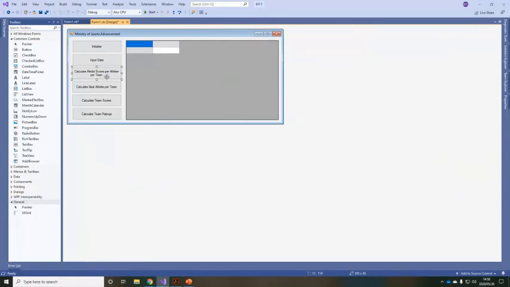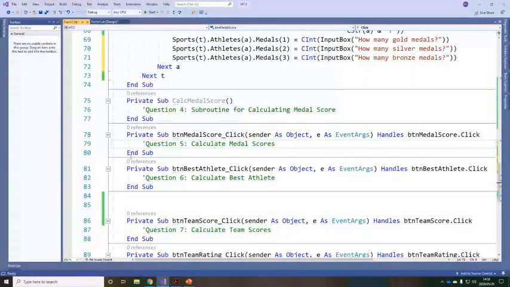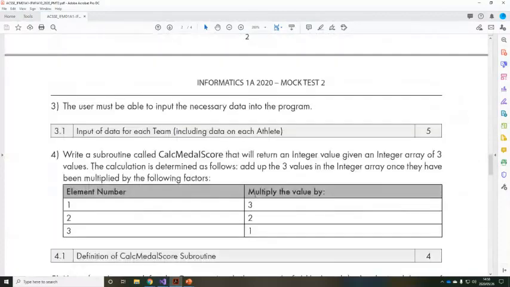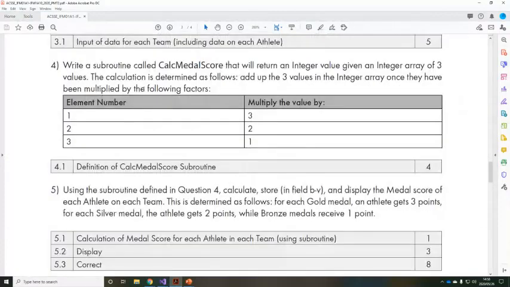The next question is to calculate the medal scores per athlete per team. Now you'll notice that this actually jumps to question 5 because question 4 is something else. And that question 4 is, and you must just make sure that you realize this in your semester test on Friday, and if you write the SSA, and if you write the exam, there will be one question somewhere in